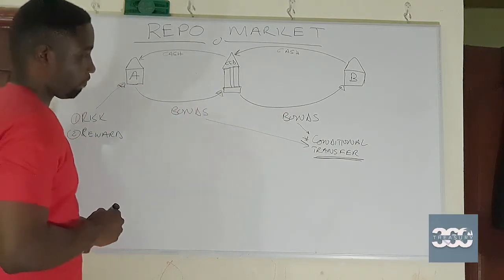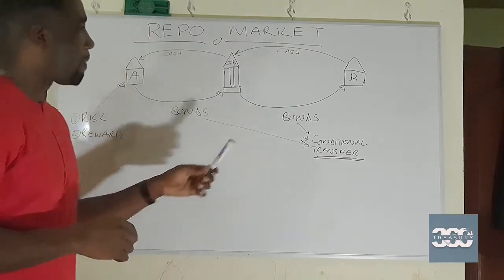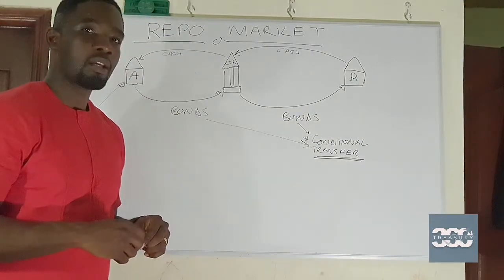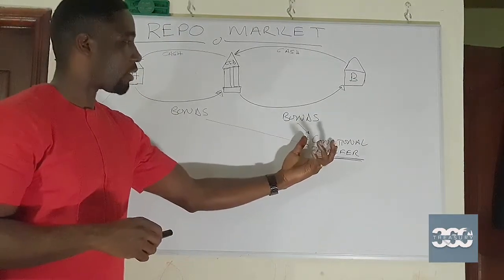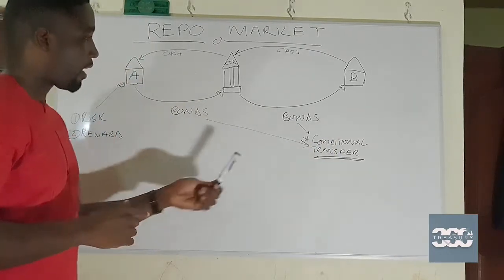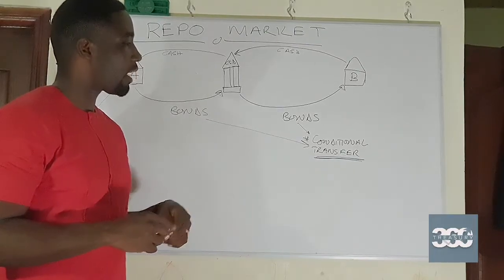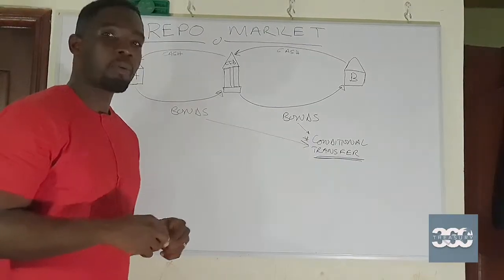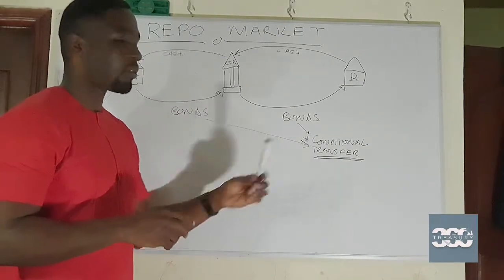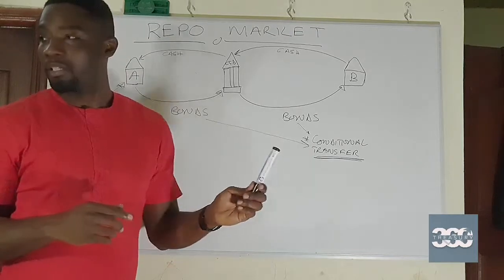Okay. So the next aspect of this is, what can Bank B do with the bonds so long as it holds it? In our current system, Bank B cannot transact, it cannot sell this bond, it cannot repo this bond onward to another bank, and so it just sits with the bond. However, concerning repos,